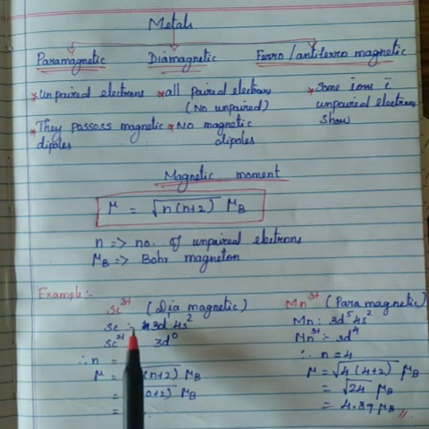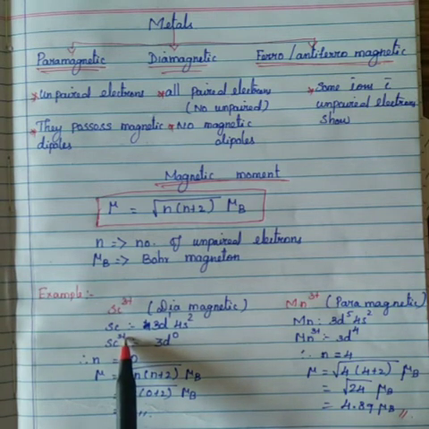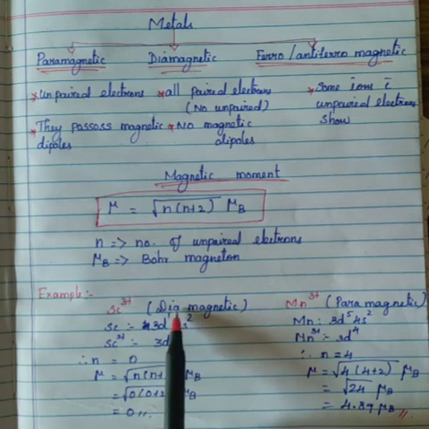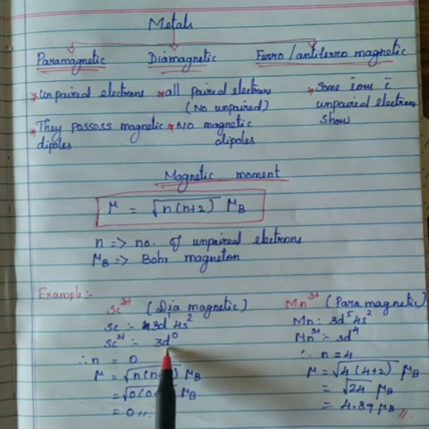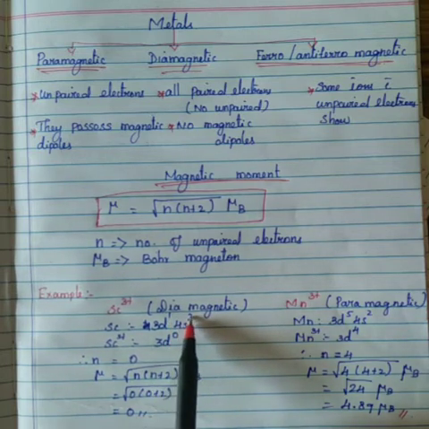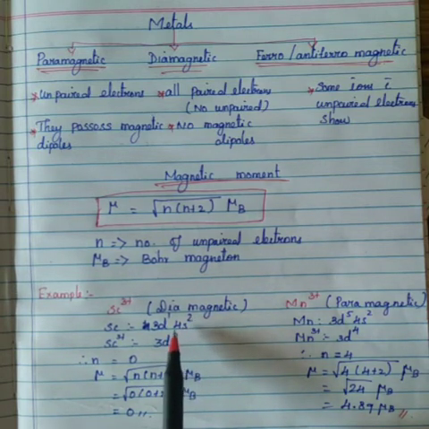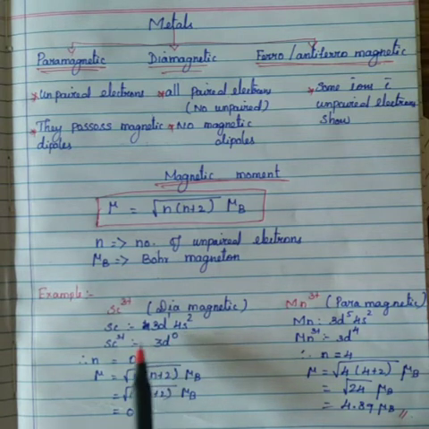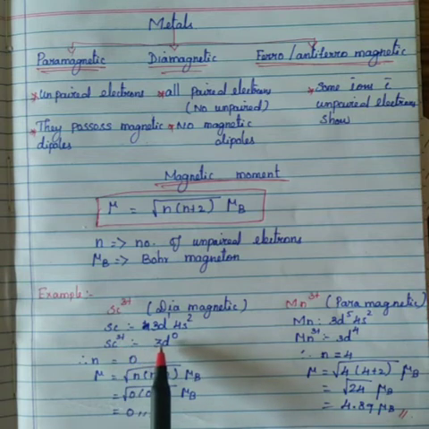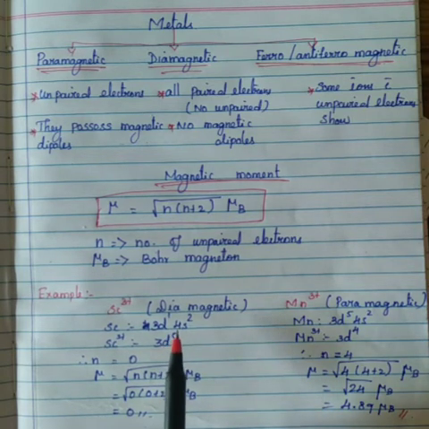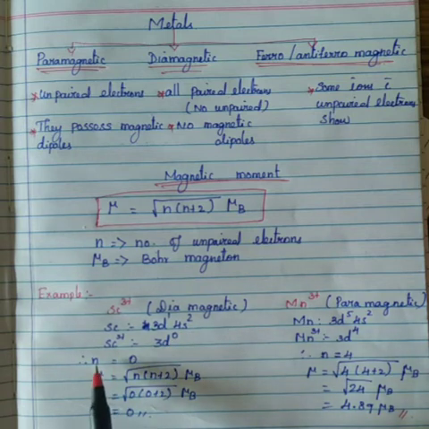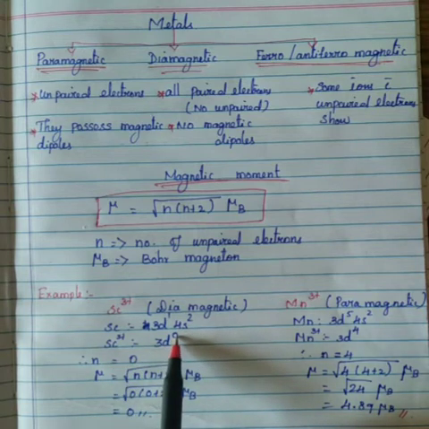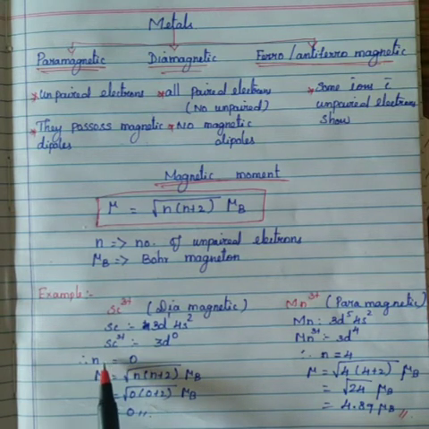If scandium loses 3 electrons, it becomes scandium 3+. While losing, it converts to 3d0. These 3 electrons are removed, 2 from 4s and 1 from 3d. So the 3d orbital has 0 electrons. So the scandium 3+ electronic configuration is 3d0. If there is no electron, the number of unpaired electrons is 0. So the n value is 0.